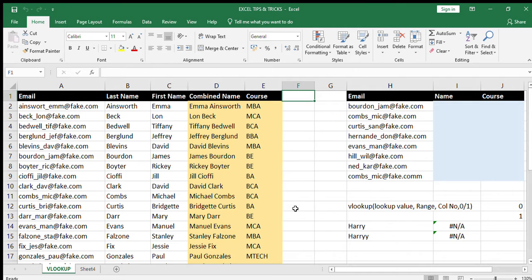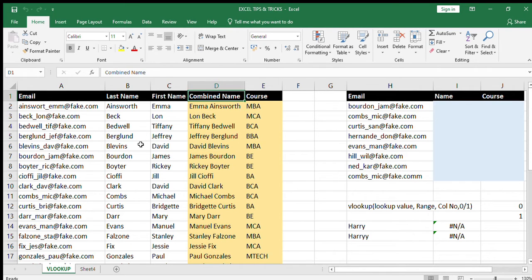In the VLOOKUP, we look up a value which is present in a column. So A, B, C, D, E are the columns. We look for the values which are available in this column, and when it comes to HLOOKUP, we look row wise. Any kind of VLOOKUP we do, we usually try to do it on very sorted data. If the data is not arranged in a proper order, then you might fetch a wrong value.